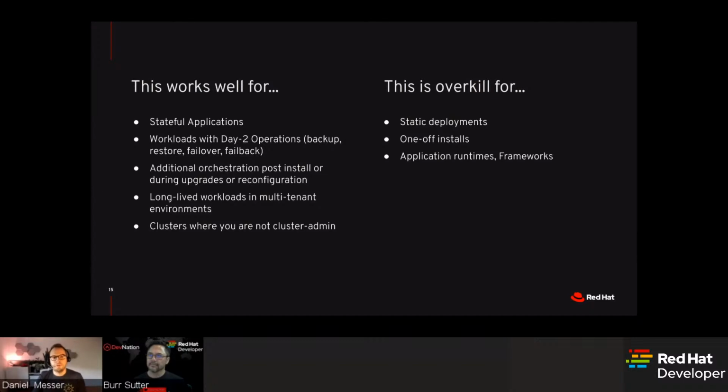So an operator allows you to really add that custom logic and orchestration post-installation or doing complex updates and upgrades where sequence steps need to be followed, with the state of the application in mind. That's the big difference. Your operator is aware of the application, right? And it can react to things like errors in the log message or spikes in the metrics or various parts getting reconfigured. So this makes it really well suited for long-lived workloads, especially in multi-tenant environments, because the operators run